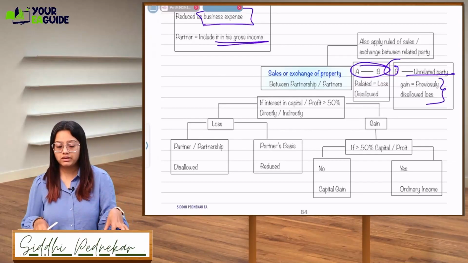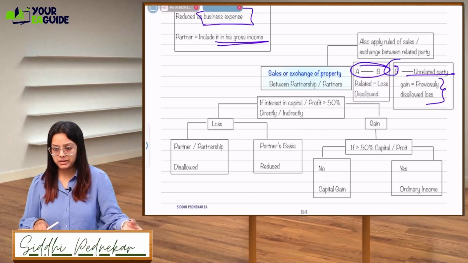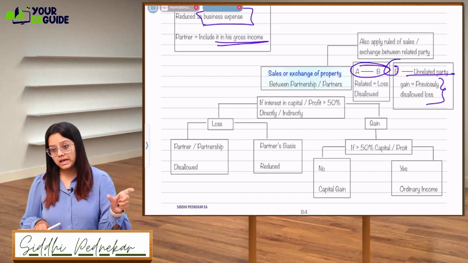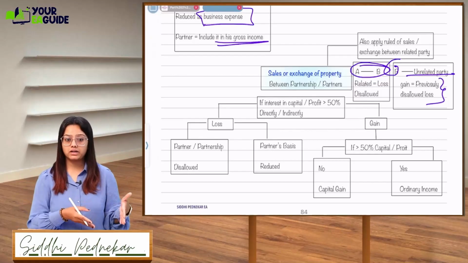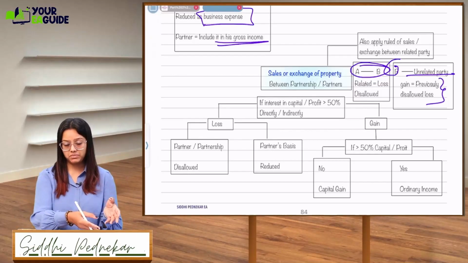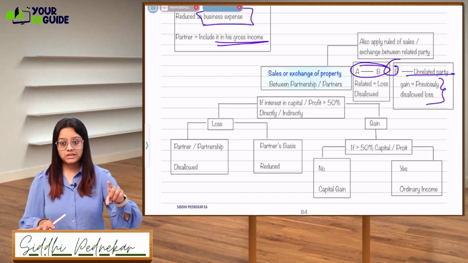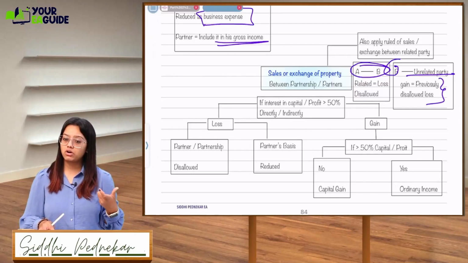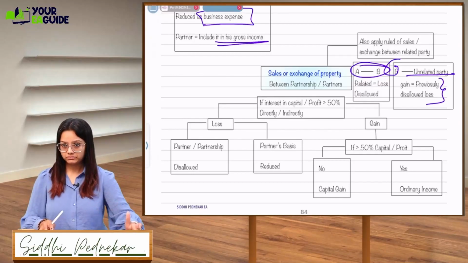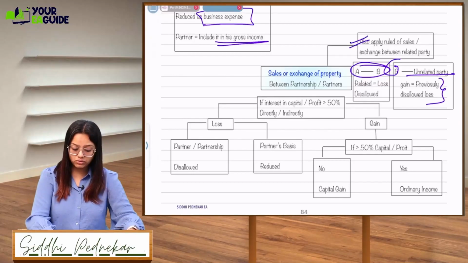Whatever gain they are having, they have to pay the capital gain tax, right? So whatever the gain is, they are going to reduce the disallowed loss, which was not allowed to the partner. Previously, when I transferred them, I was not allowed to take the loss. But when the partnership firm sells it further in the market, they will reduce the disallowed loss from the gain. Okay, and also apply the rule of sales or exchange between